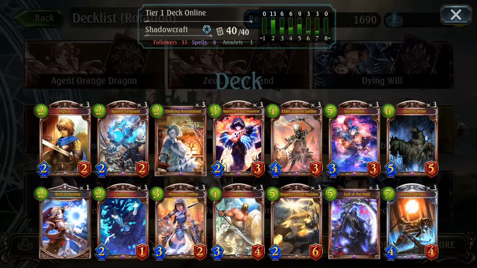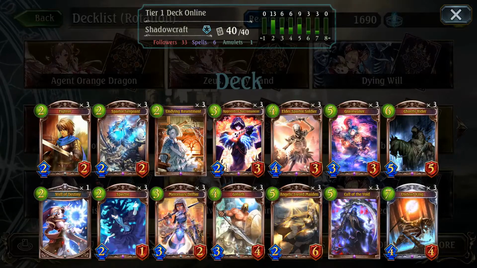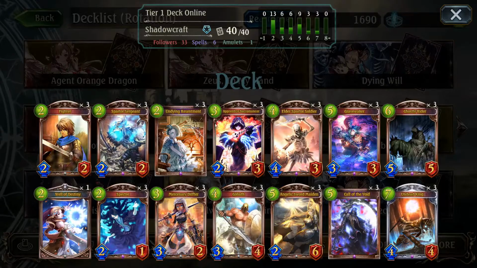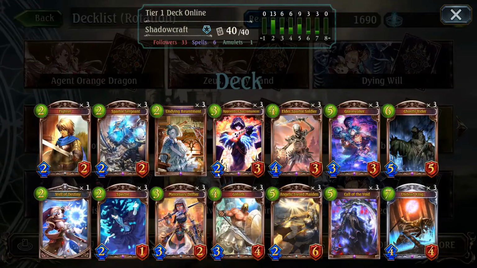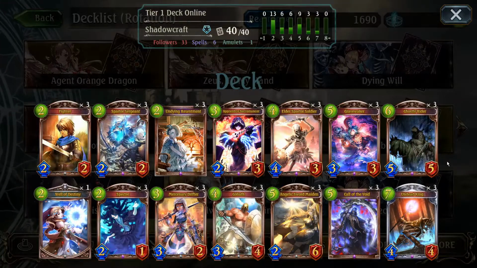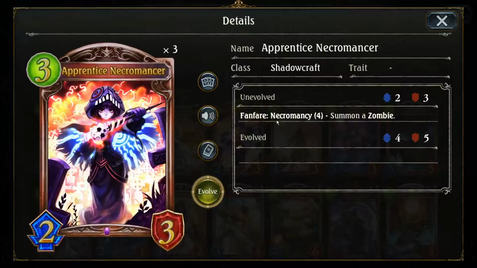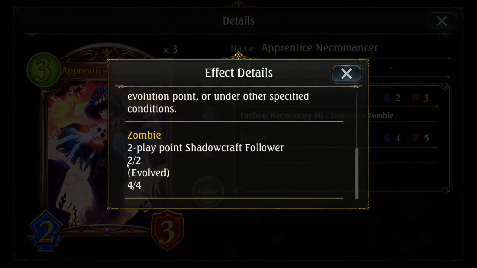Let's take a look at another threat, and that is going to be wide boards. So what are wide boards? Let's take a look at this follower here, Apprentice Necromancer. You can see Apprentice Necromancer doesn't have amazing stat lines, a 2/3 versus something like Ghostly Rider, which is a 5/5, but it has a really good effect where, don't worry about necromancy, but let's say you just summon a zombie. Zombie is a follower that has a 2/2 stat line,